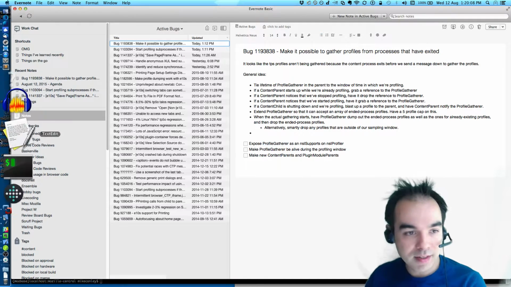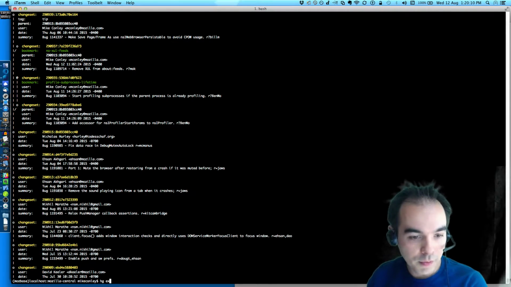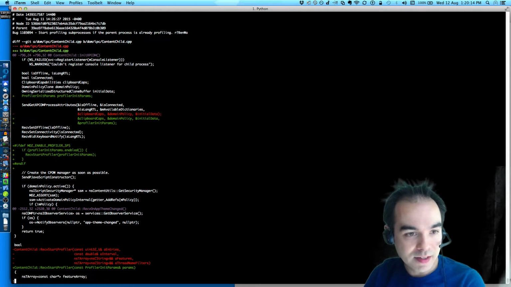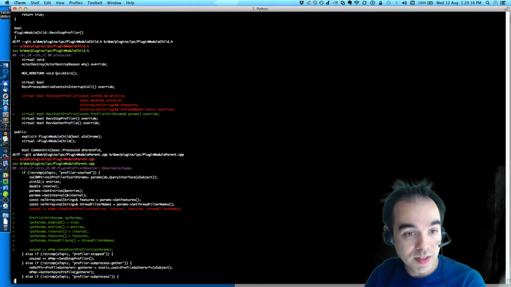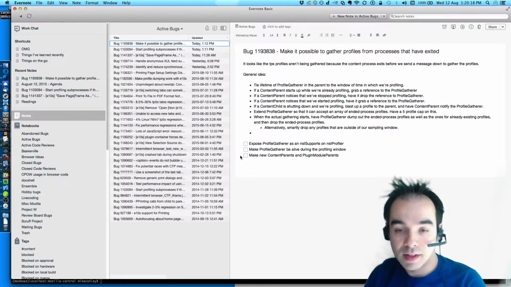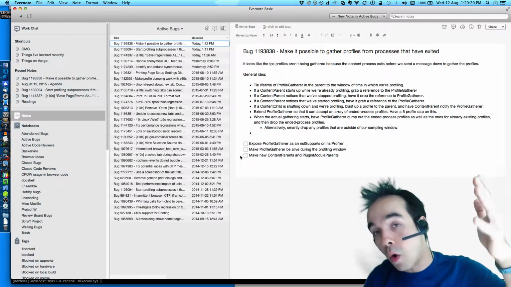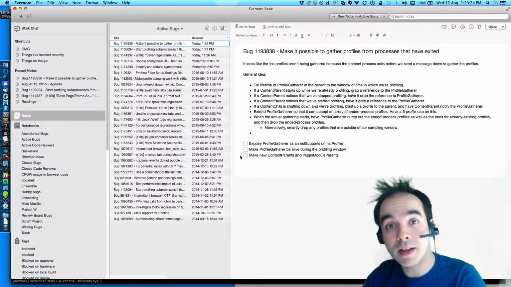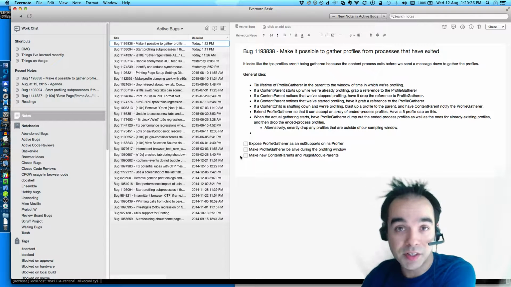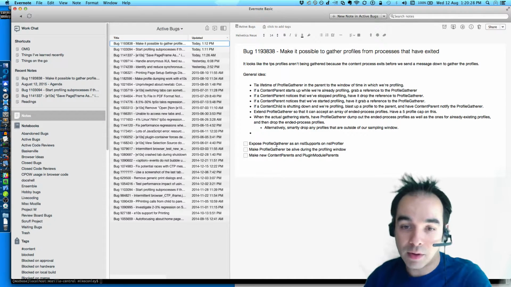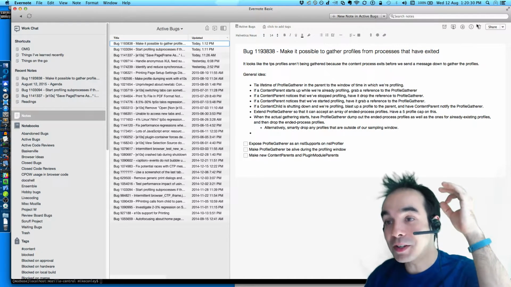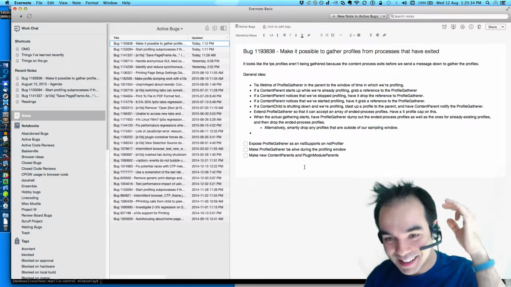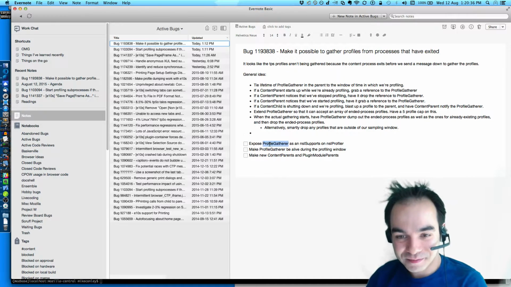Let's see if we can do this stuff. So where are we? What have we got? So I've currently got this patch that makes it so that if we start up a content process while we're already profiling, or a plugin process, then it starts profiling those processes, and that's a good base to build off of. And now it's this stuff. So I've spent a good 20 minutes or so on exposition, so let's get down to business.